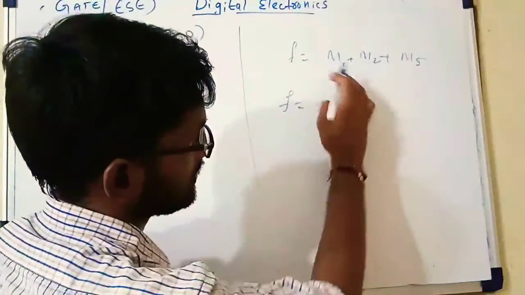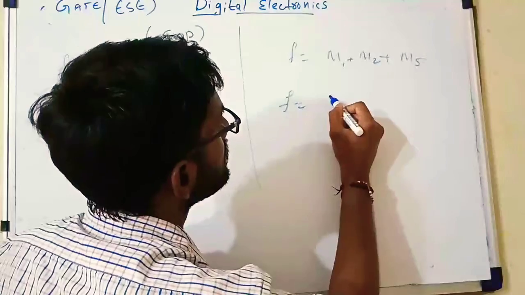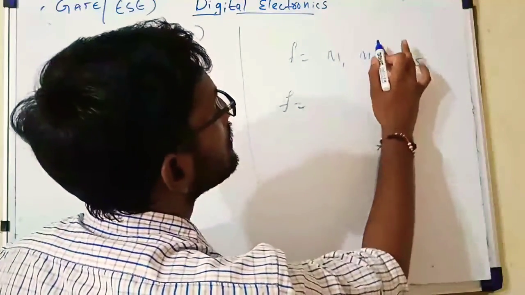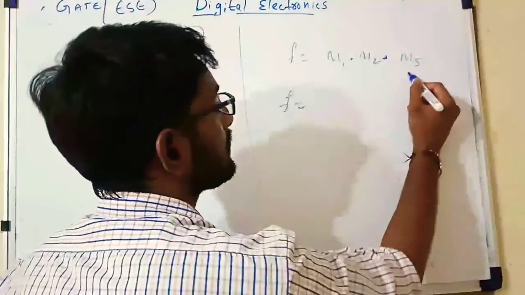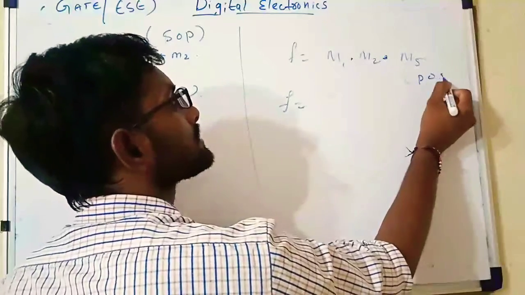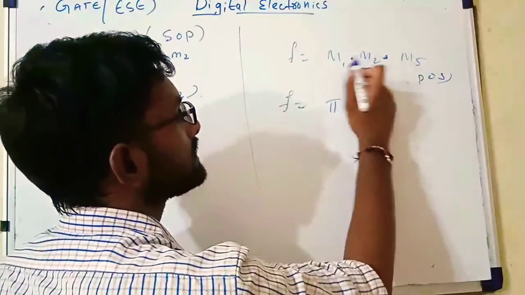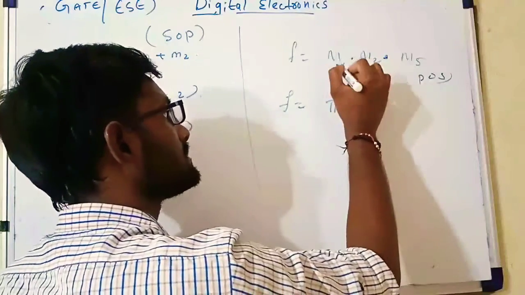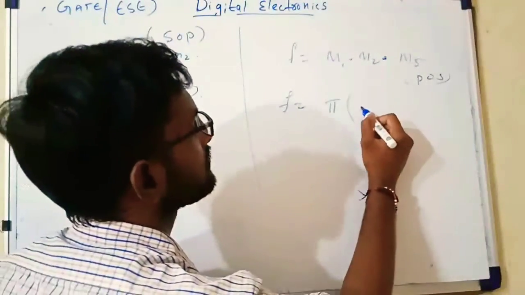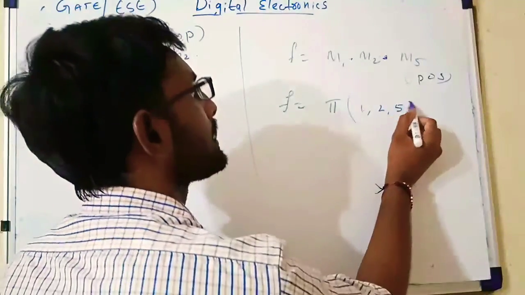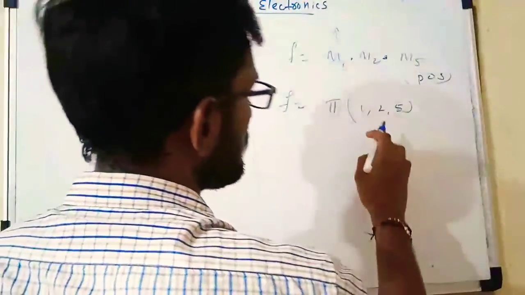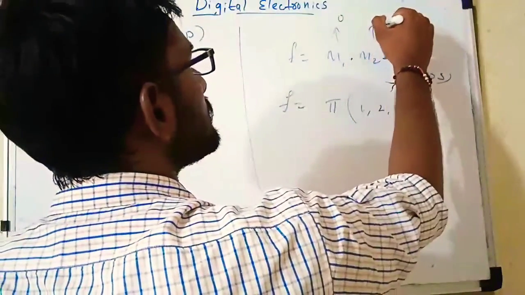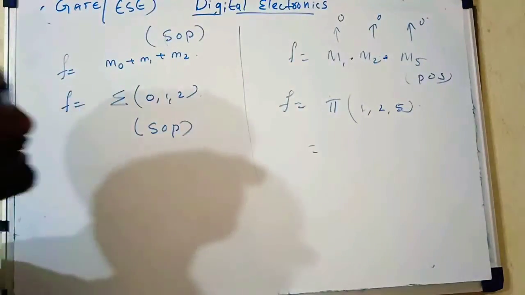This can be written as a max term. For max term, we are taking the multiplication for product of sums. Product is nothing but pi, S is nothing but sum. Here these are the sums. Max term is nothing but a sum term, pi of 0, 1, 2, 5. Here this max term represents that at these we are placing the value 0. That means in the remaining all cases we have the value as 1.